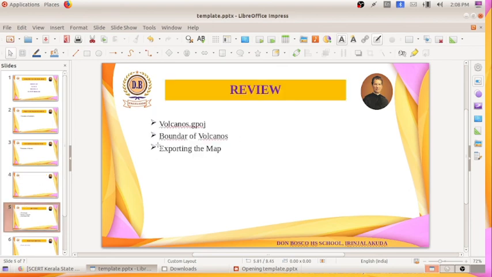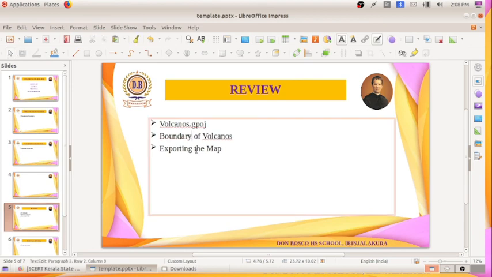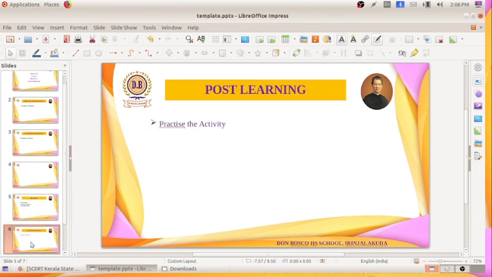So first we studied how to save the volcanoes. The file format is .gpml, and next we found the boundaries of the volcanoes, and we exported that map in SVG format. So practice the activity, those who have computers.